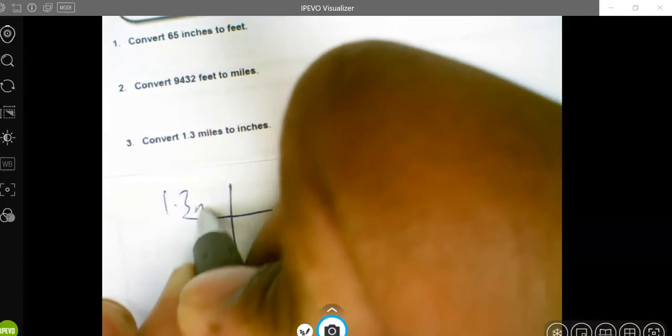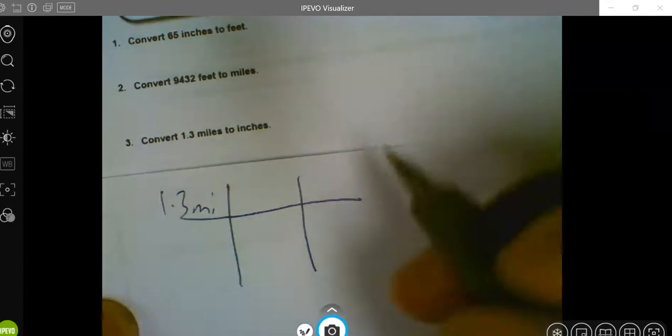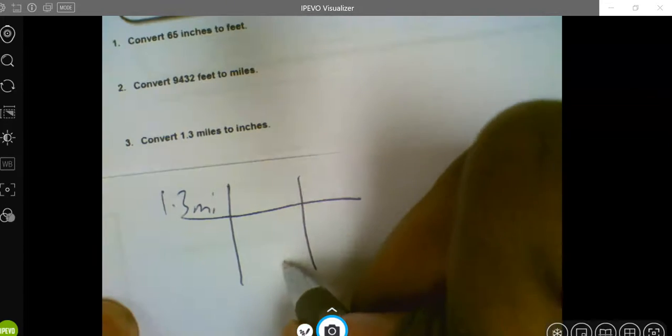Okay, on this one it says convert 1.3 miles into inches. So if we're going to do that, I'm going to come up first with my little table. It gives me 1.3 miles. And we don't really have a miles to inches conversion. We've got miles to feet. So put miles here